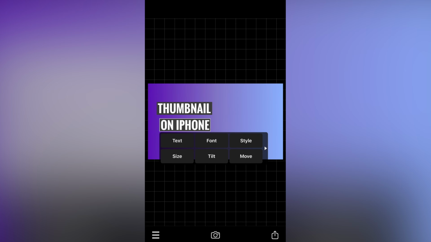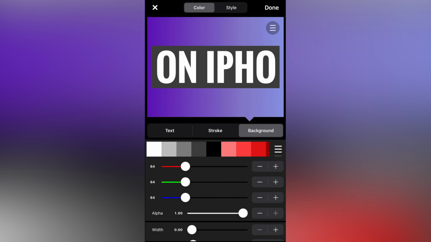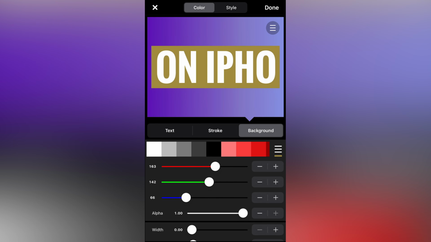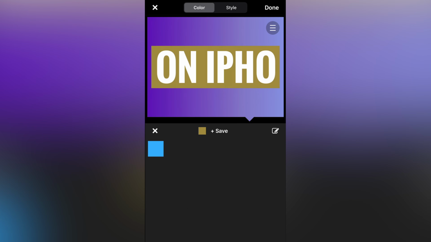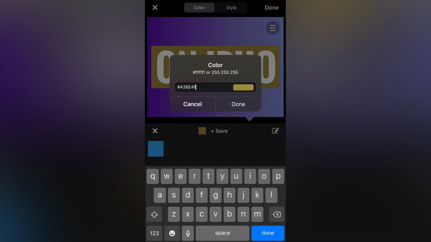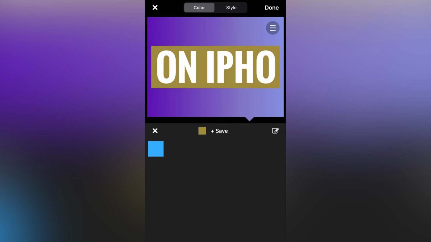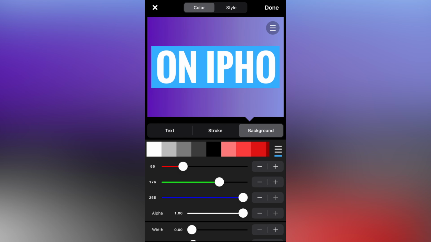So let's change the background color on this one. So let's just go to style, background. Now with the colors, we can manually adjust the colors here using these sliders. Or if you come up to the little menu button next to the red colors there, then you can actually save your preset colors for your branding in here. So you can see we've got Primal Video Blue there. Or if we hit the little edit button, you can actually key in the hex value or the RGB values for a specific color. So I'm just going to go ahead and select our Primal Video Blue for that one